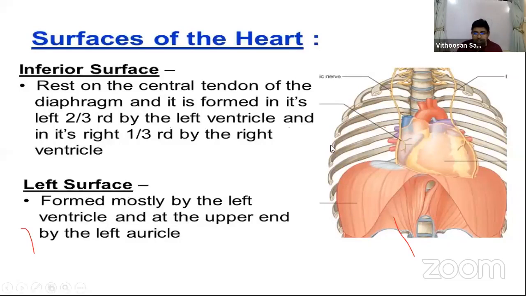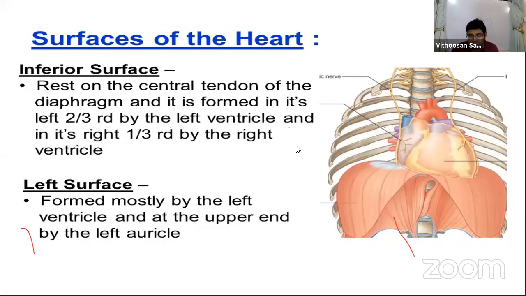So why is this important? The heart is resting like this. Now look here, at this inferior surface of the heart. What is the structure there? Diaphragm, yes. The inferior surface is sitting on top of the diaphragm. Clear? So since the inferior surface is sitting on top of the diaphragm,